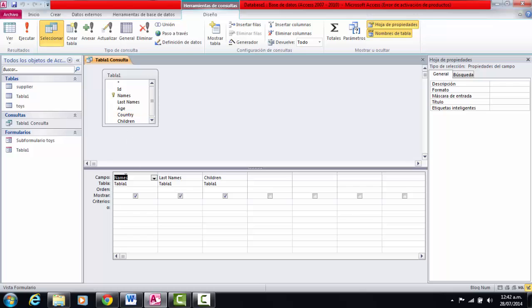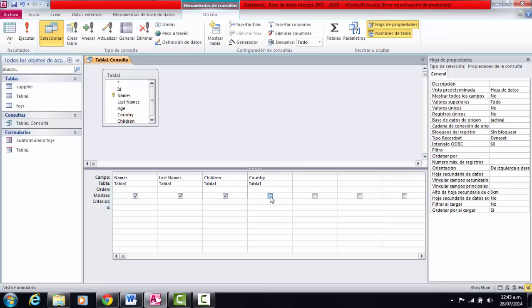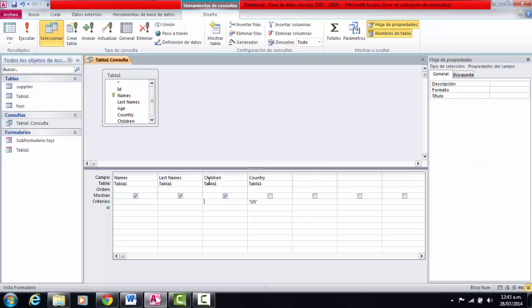Okay, first I have to add here in the space country and click that I don't want them to show me from which country they are, but I do want them to sort me out people from the US, just from the US. And